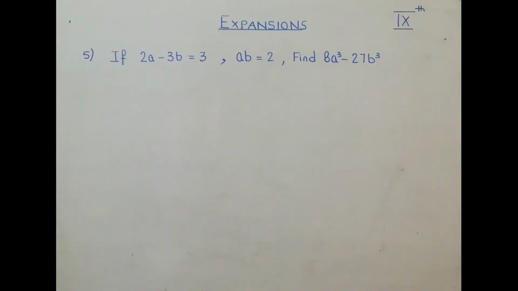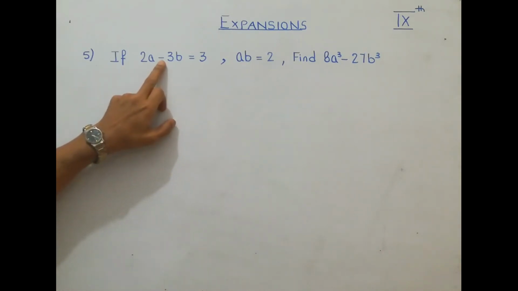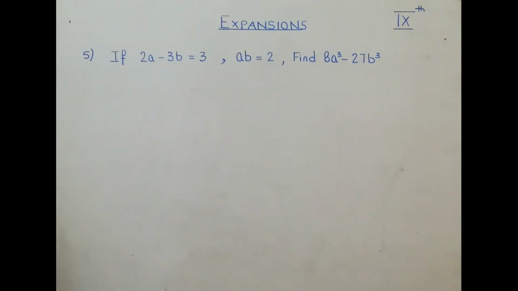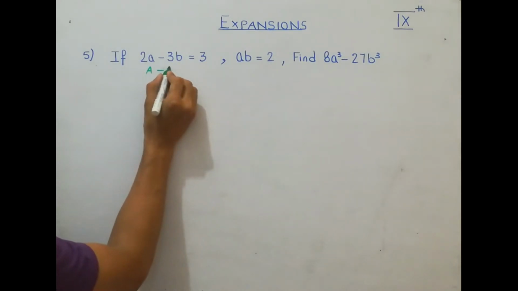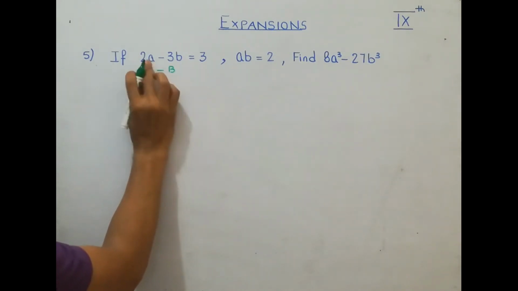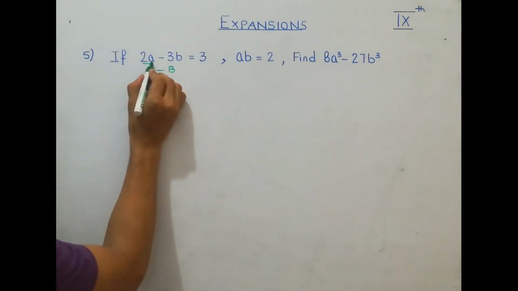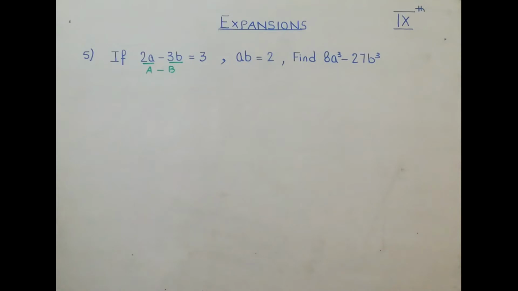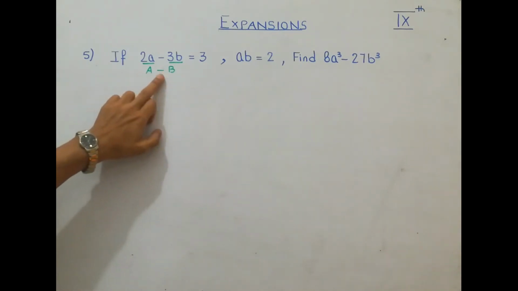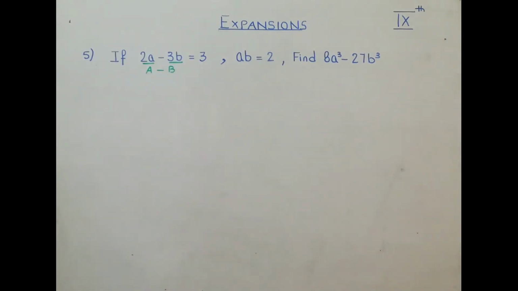Now, in this question we can say a difference is given to you. And we are going to read it as a difference of A and B. See here, this is the difference sign. So we can say difference given. So we are going to read the first term as A and the second term as B. This is your A, this is your B. So A and B are known to us. So we will say A minus B is given to us.